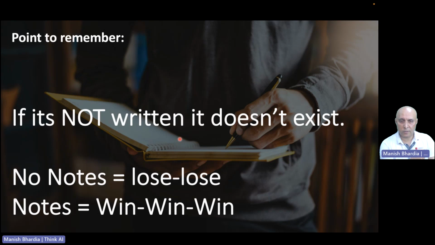Having notes in Snap, or any format, but we are saying Snap, right? Having weekly notes, a decision register, an action plan, these three things, and your project plan in summaries, having Snap is a win-win-win. Why three wins? It's a win for the client.